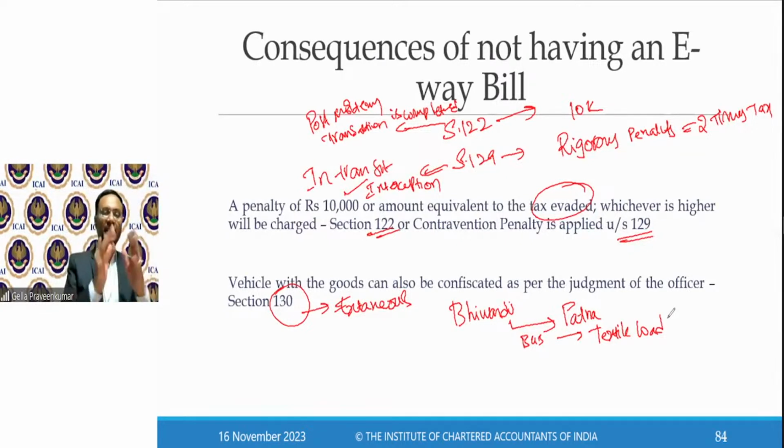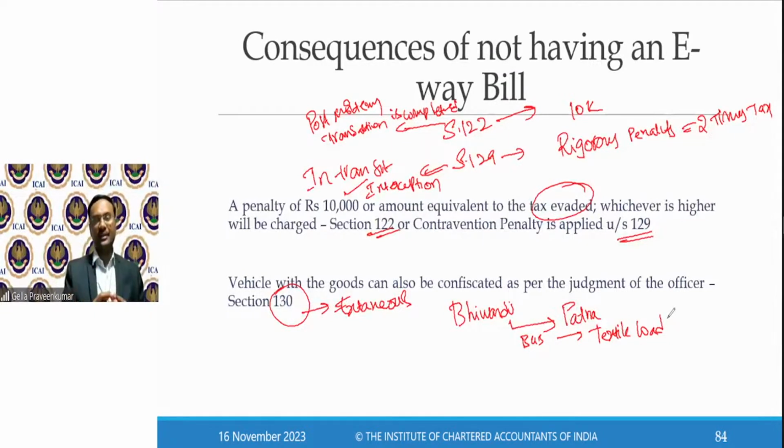Now, textile is taxable under GST law. When the proper officer has intercepted this vehicle, he asks the bus driver, where is the bill for this textile? The bus driver runs away from the scene. There's a conductor. The proper officer catches hold of the conductor. Where is the tax invoice for this particular textile? The conductor also tries to run away from the scene. Now, the bus is there, and on top of the bus, this textile load is there. What will the GST officer do? This is a clear-cut case of